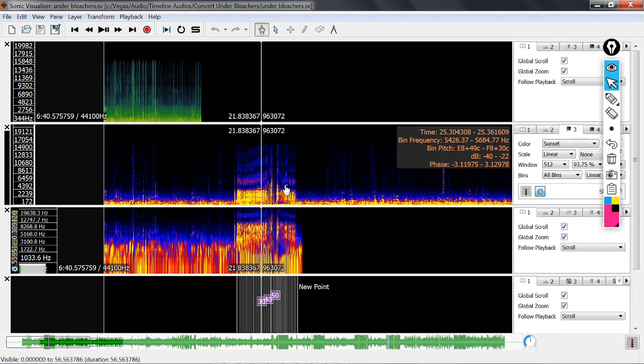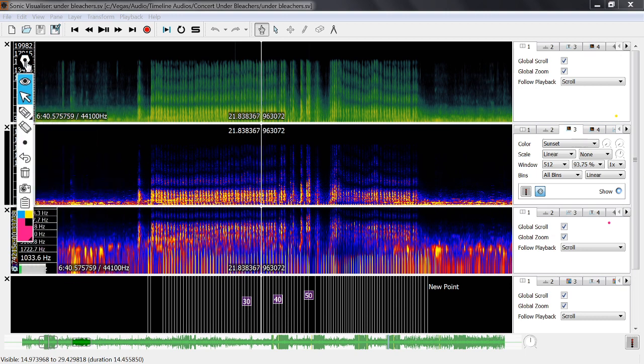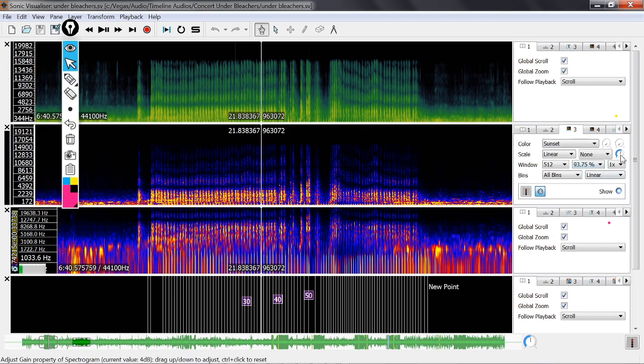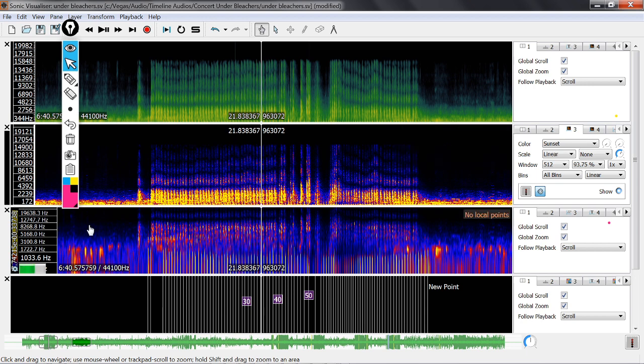And if we expand it open a bit, we can see that there's stuff, i.e. signal, all the way from almost up to 17 kilohertz, or 17,000 hertz, all the way down to below 100. So no LRAD device that I know of could faithfully reproduce all those sounds. So right away we can say, LRAD not used for this signal, because it doesn't have the frequency response necessary to reproduce the sound.